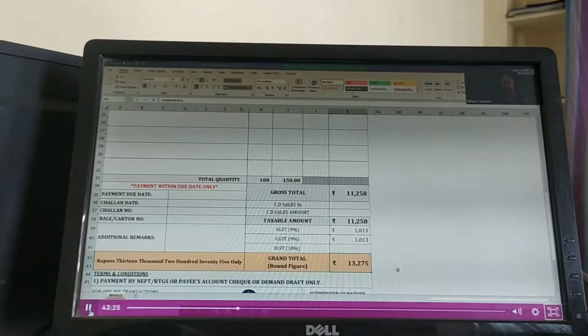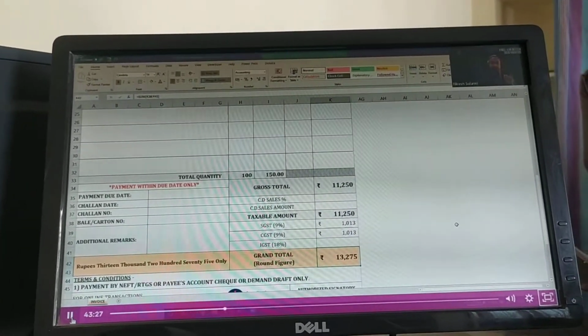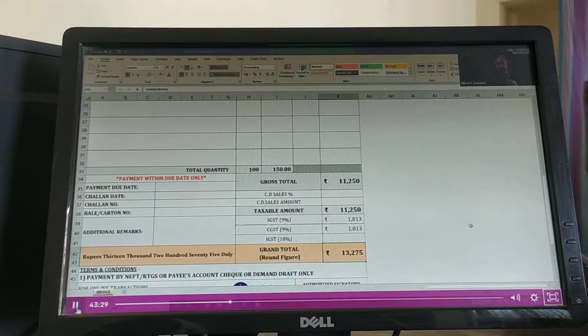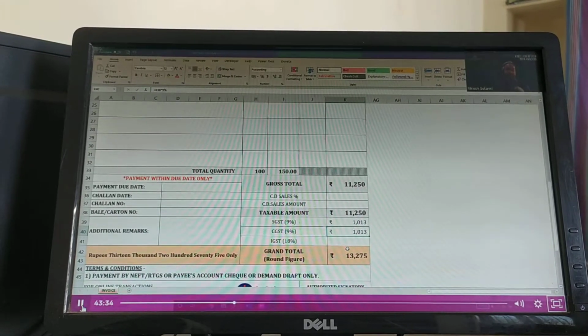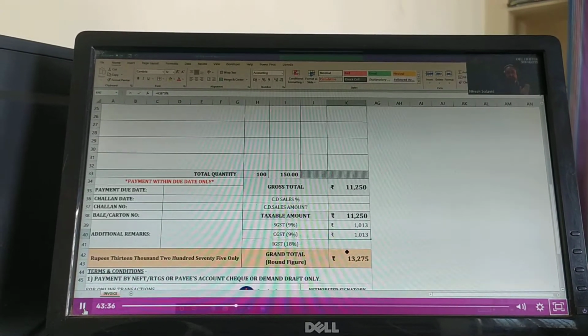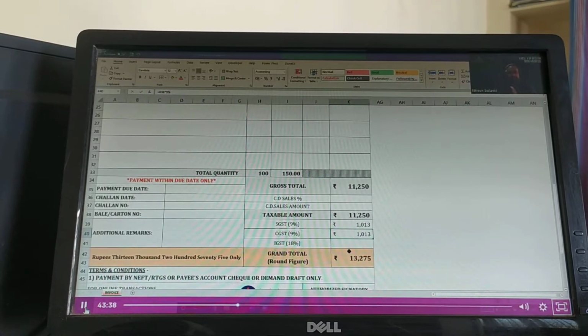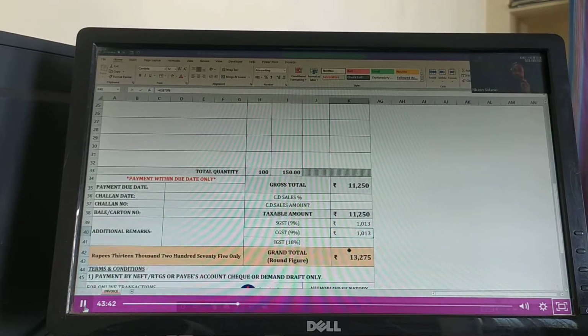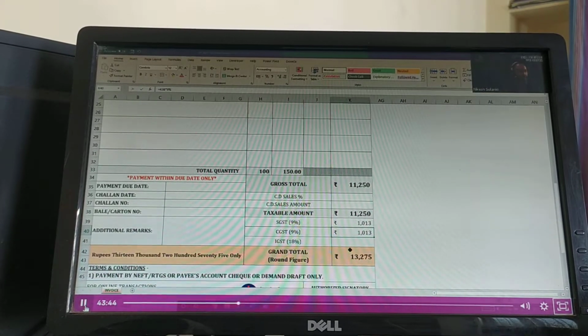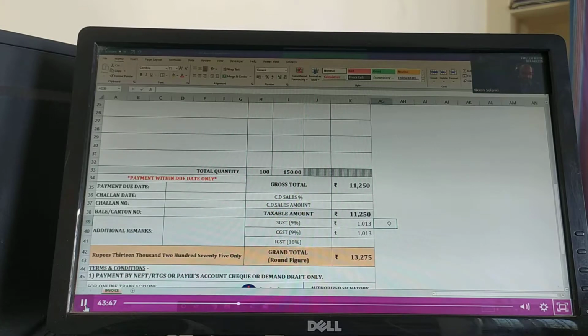But the question here was, what happens when the state changes? I want SGST and CGST to become 0 and IGST to be 18%, right? So there is an if condition. So today what we're going to learn majorly is the if condition, and it plays a very important role when you analyze data. Okay? What exactly is the if condition?